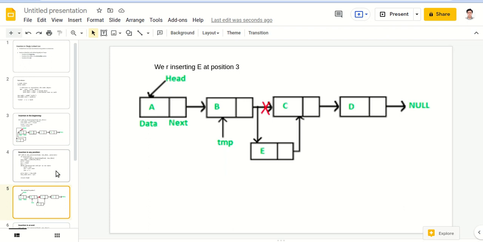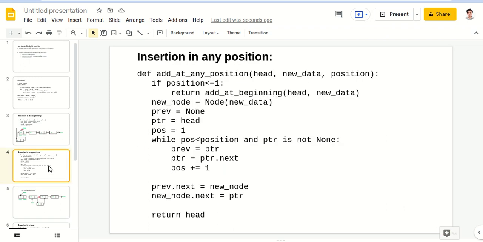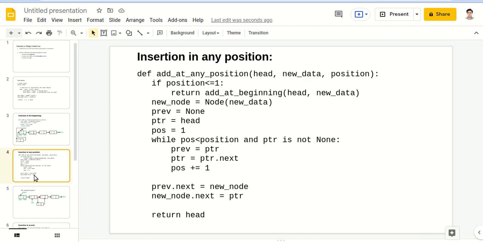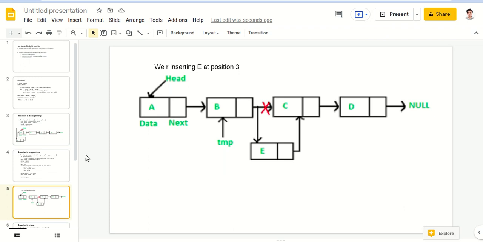The ptr value will start from head, that is A. After the first iteration of the while loop, it will go to B. After the next iteration, it will go to C. After the first iteration, ptr value will become B and pos becomes 2.